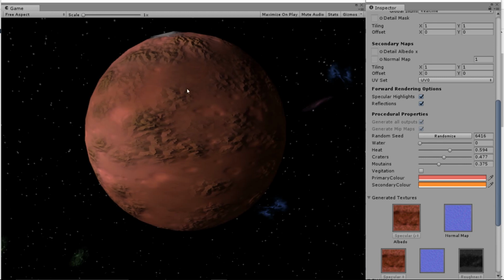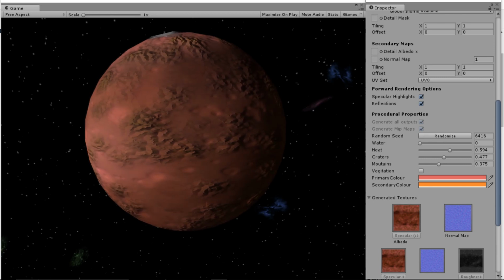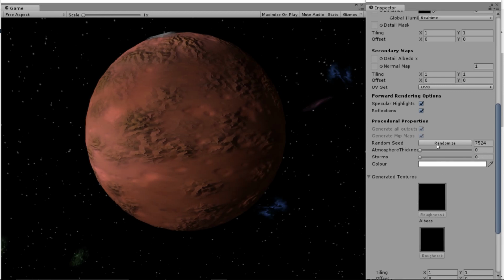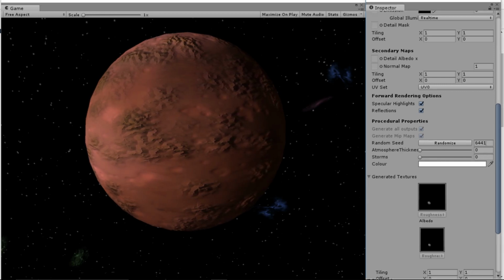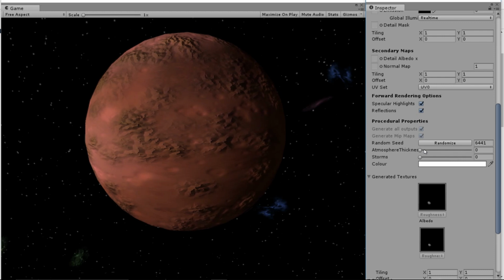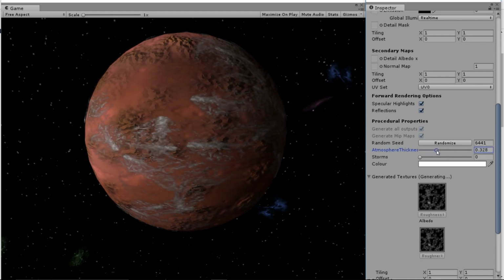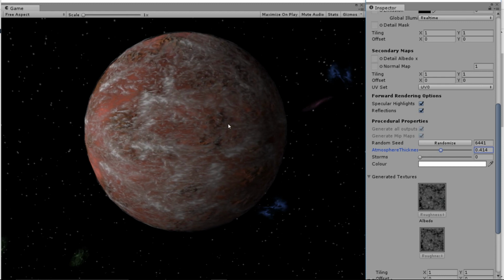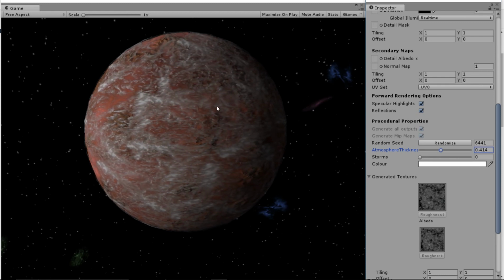Okay, so that's the rocky planet. Complementary to this is the atmosphere texture. Again, you can randomize it and set a random seed if you need to. And the main one is atmosphere thickness. So this just pastes on a cloud texture and random rotation, which I think looks rather good for how simple